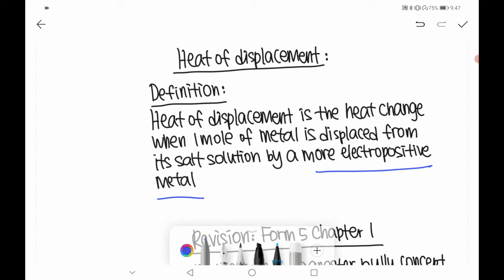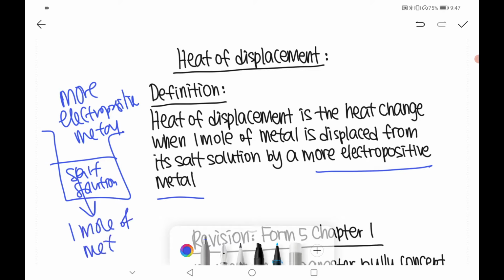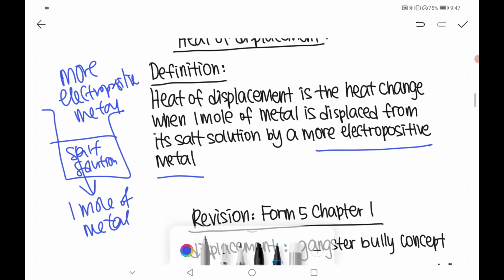When we put a more electropositive metal into a salt solution, the more electropositive metal kicks 1 mole of metal out from the salt solution,